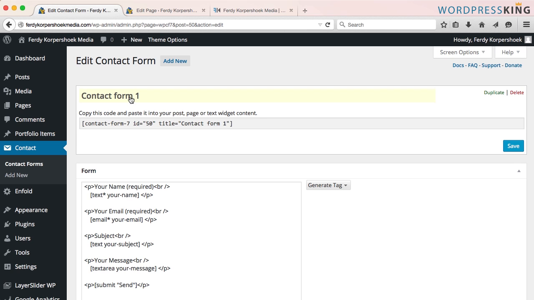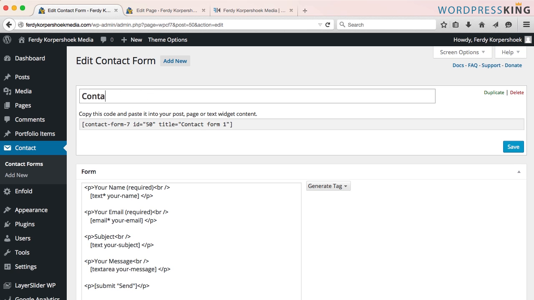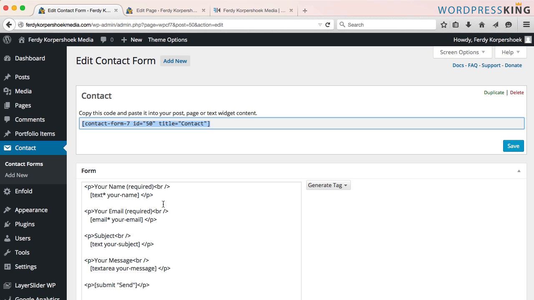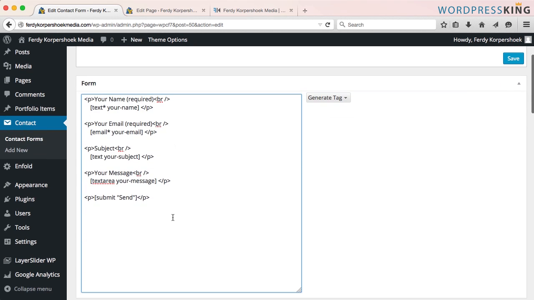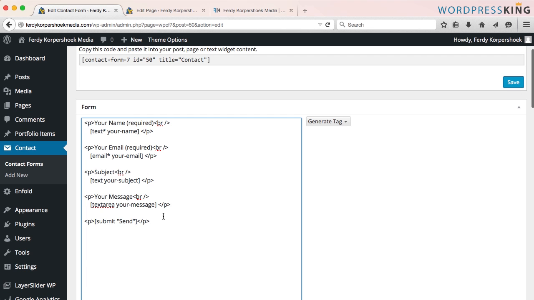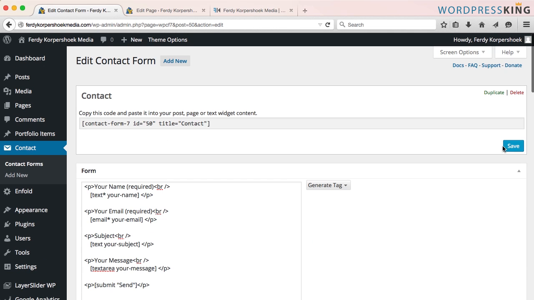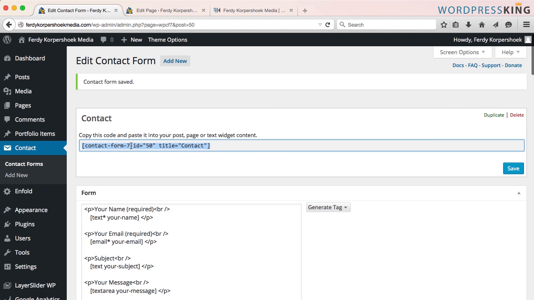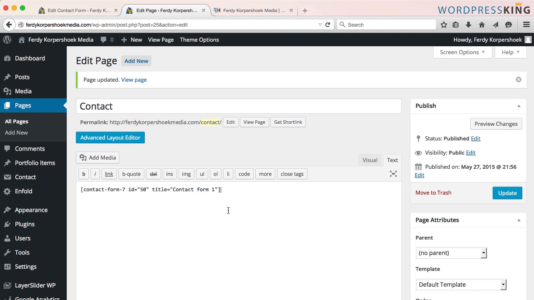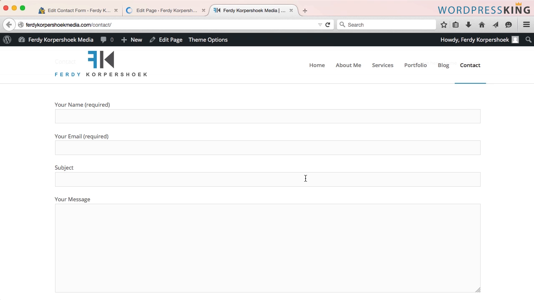I will change the name to contact, and here you can fill in some more information. I have a part video that I will make totally about the Contact Form 7. Where should the email that's sent go to? Over here. So I save it. Because I changed the name, I grab the code again. I go to the edit page. I select the text, and I paste it. I update it. And if I go and refresh the page,